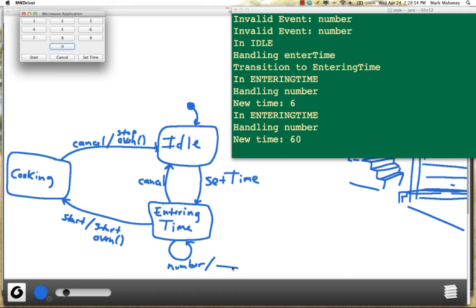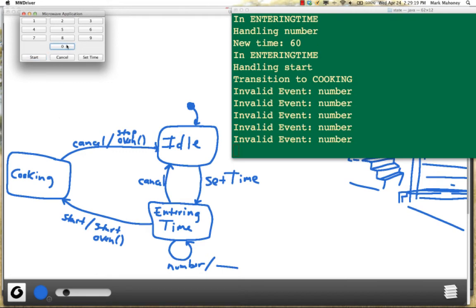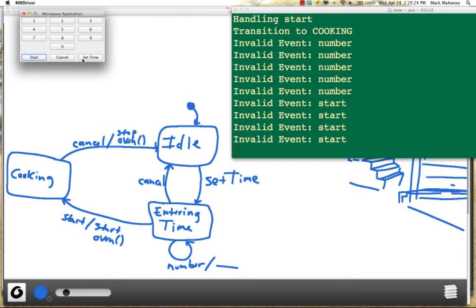And you'll see my action, I'm kind of building up this string of digits to represent the time. So I'm in entering time. If I hit the start button, you'll see I'll go from entering time to the cooking state. And you can imagine turning the microwave oven on, and maybe turning the light on, and starting a timer. Again, in this cooking state, it ignores everything,